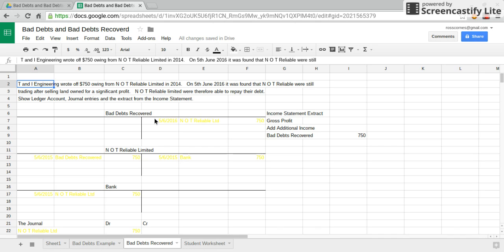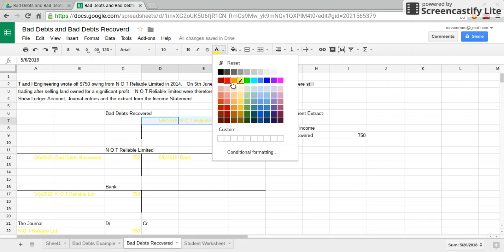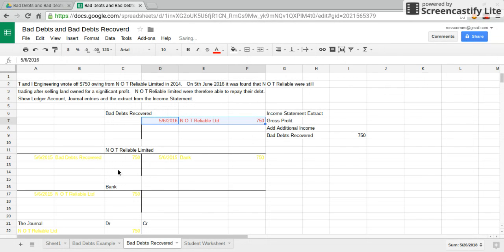And what we would then do, because we're now going to get paid by Not Reliable, we open a bad debts recovered account, which is an income account, and therefore it goes on the credit side. That's going to make the business better off. You might think that we make the entry straight into the bank account, but we don't do that. What we need to do, a business wants to see a record of how another business has traded with them,